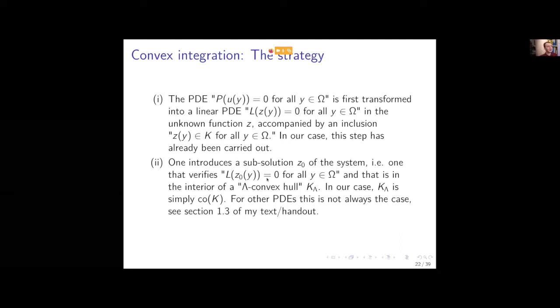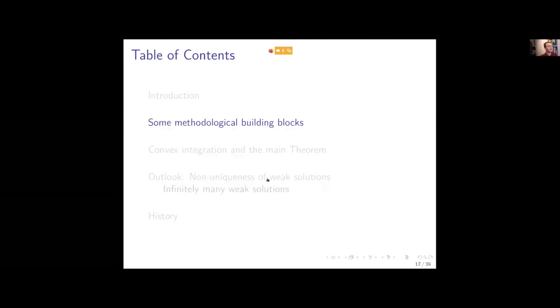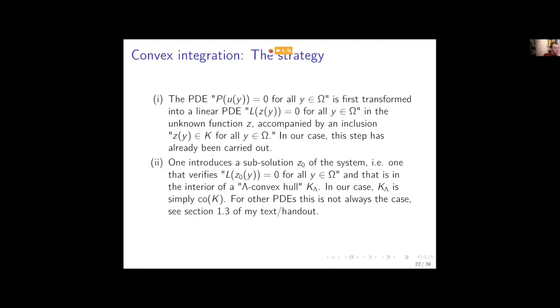And in our case, let me check if I have K defined. This is a bit of a problem. I'm sorry, but K is a special function space, and K lambda is the convex hull of K. I'm sorry, because this is a bit of an issue here. I don't have K defined, but it's defined in the text, and you can find it there. So it's a bit technical, but essentially you're looking for a solution that is in a special function space that has certain properties that you can use later on. So I'm not going to go into the detail of how you construct K lambda. Again, there's a large paragraph in my handout where I go into detail about K lambda and K. This is section 1.3 in my text.